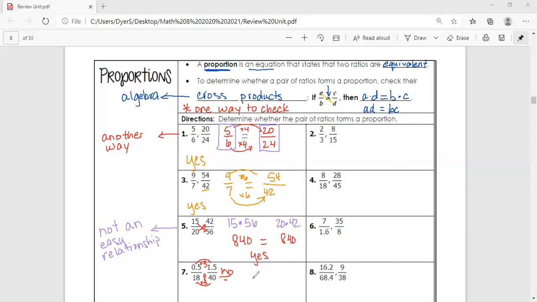So if we did the cross products, we would do 0.5 times 40 and check to see, the question mark there, if that